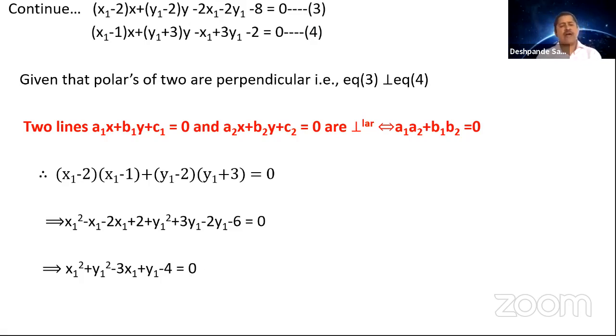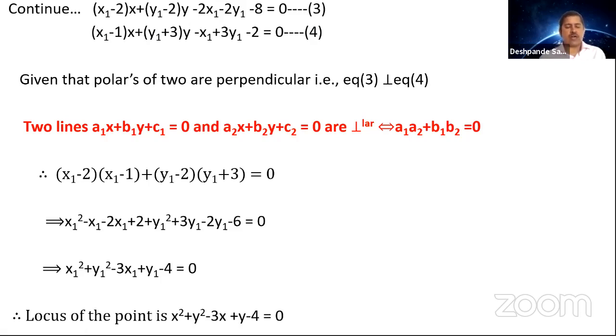Now what is asked here? Find the locus of the point. So the point P is not fixed. The point P is moving. The moment you change the point P, you will have different values here. So instead of x1, you may have x2, instead of y1, you have y2. But you are going to find the locus of all those points. So all those P's form the locus. What do you do? You drop this x1 as x and drop this y1 as y. So you get the equation of the locus of the point as x squared + y squared - 3x + y - 4 = 0.